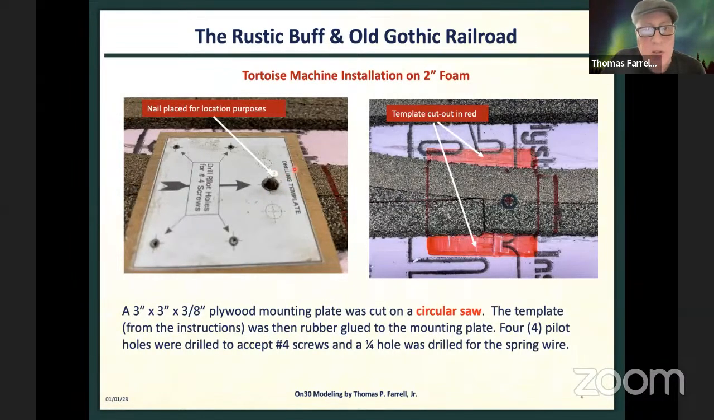When you buy a tortoise switch machine from Circuitron, they give you an instruction sheet that has a drilling template. And this is the template. I just took a copy of it on my printer, cut it out, and on a 3" by 3" by 3/8 piece of plywood that I cut on my table saw, I rubber cemented this template onto the plywood. And then I outlined the template on the photo on the right, and then I colored in where the